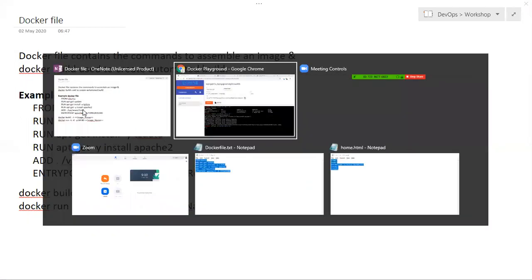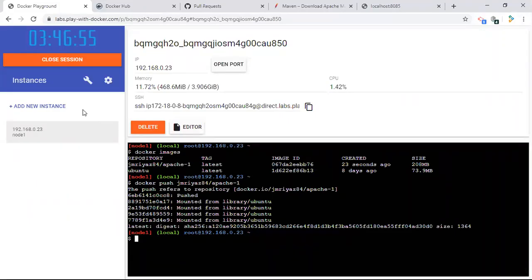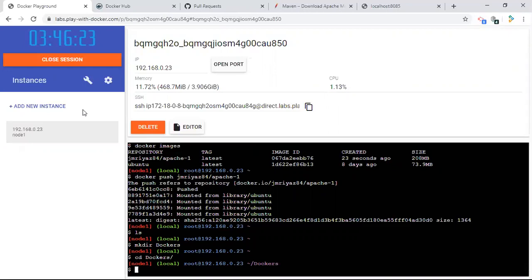First, I'm going to create one folder using mkdir, called dockers. Inside the dockers folder I'm going to create one Dockerfile, using touch.